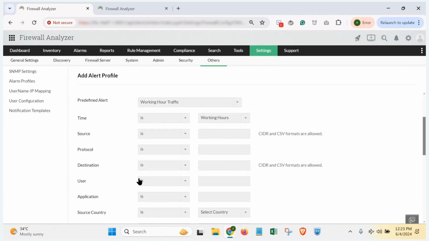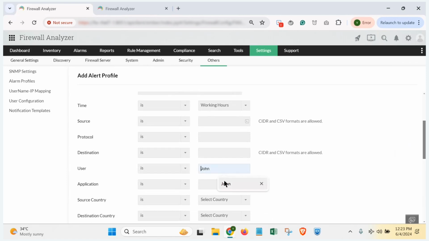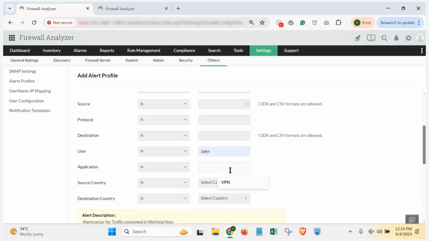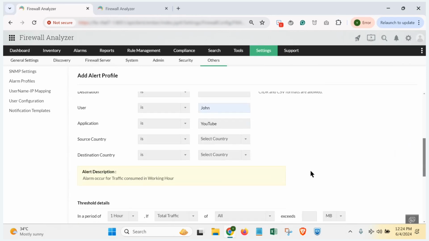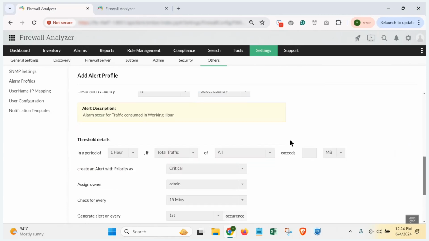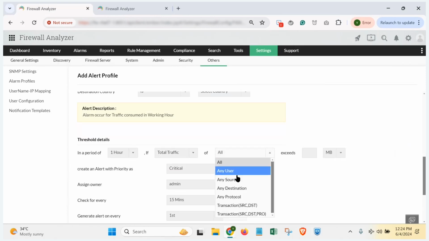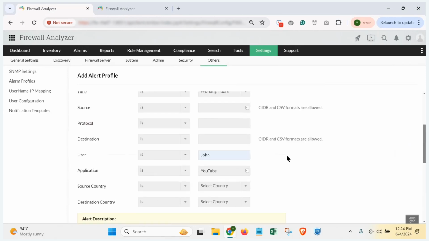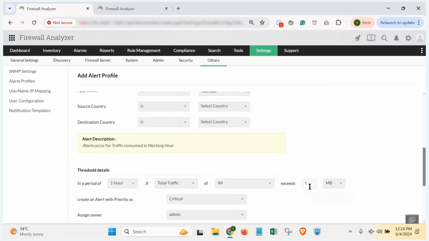And let's say that the user is John and the application is YouTube. And you scroll down, and if you have employees across the globe and you want to create a customized country-based or a destination country-based report, you can do that over here. All right, so let's look at the threshold details. So in a period of 1 hour, if the total traffic of all or this particular user, since we have already selected John over here, you can go ahead with all, exceeds 1 GB of data, you will get an